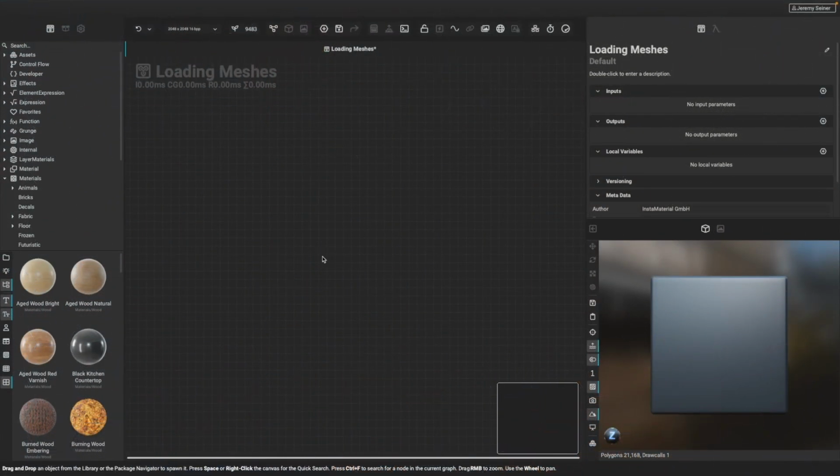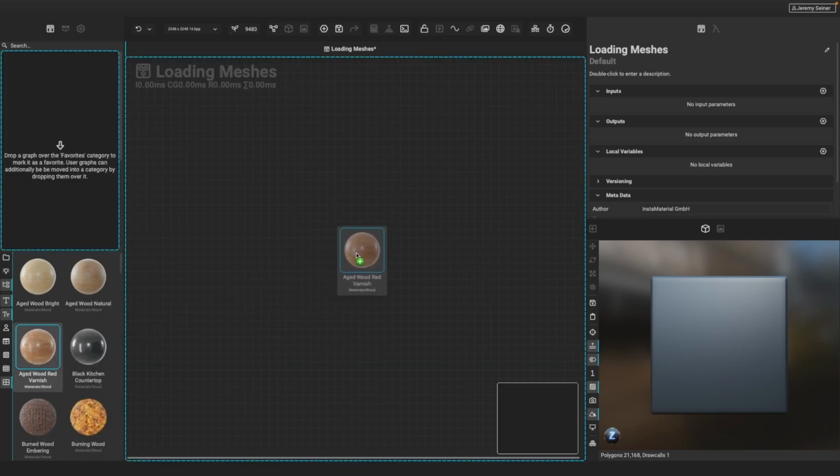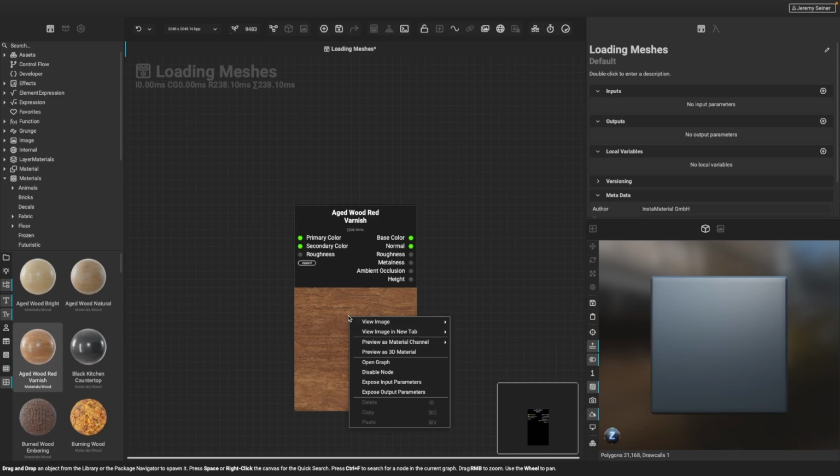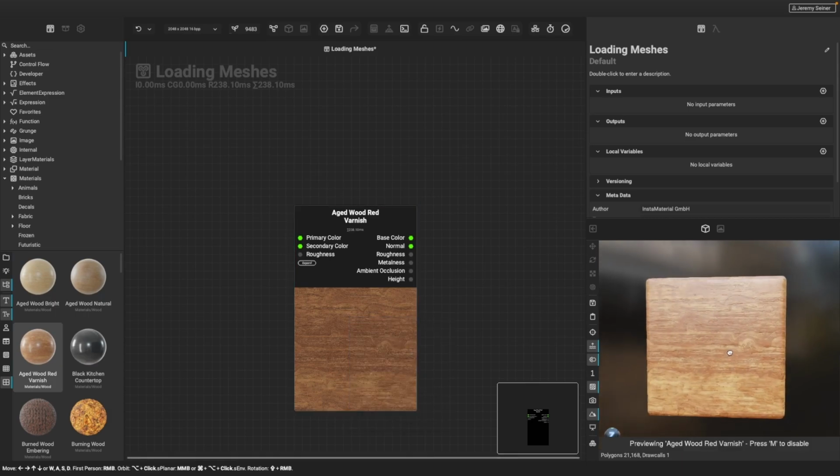So here we have a blank element graph, and what I'd like to start doing is previewing a material on some of my meshes. So what I'm going to do is go to my graph library here on the left. That's the first icon here at the top. And so what I'm going to do is drag this aged wood here into the element to spawn it as a node. Now, if I want to preview this material on this default cube mesh that comes with InstaMAT, I can right click on the node and choose Preview as 3D Material, and it's going to apply it to the